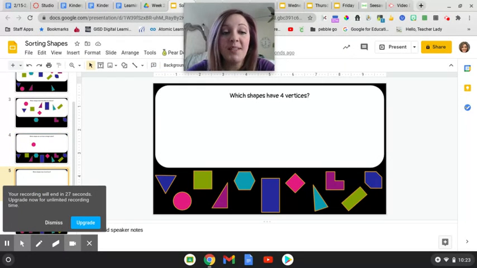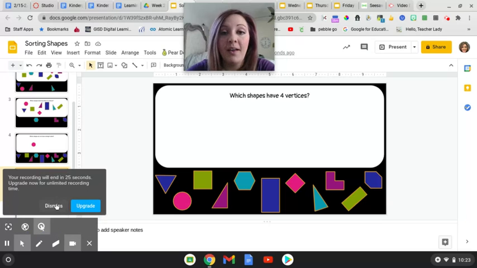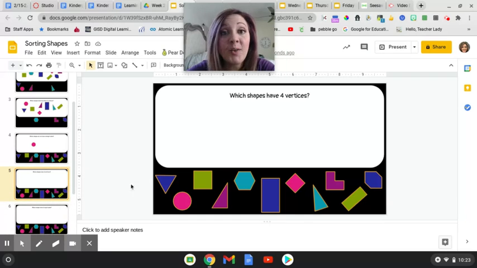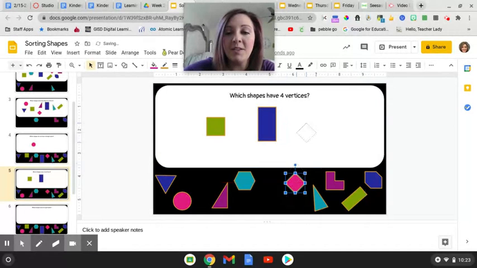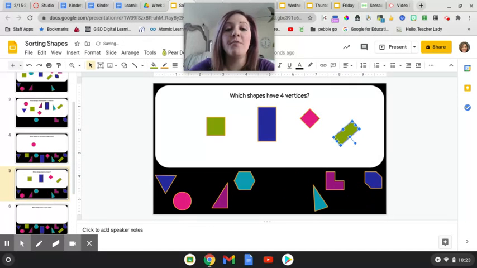Which shapes have 4 vertices? So I know 2 of my shapes do. My squares and my rectangles. So I'm going to move all of my squares and rectangles to the box. They all have 4 vertices. My other shapes down below have more or less than 4, so they will not work. So that is how we use